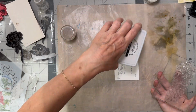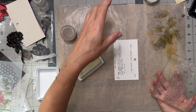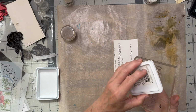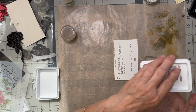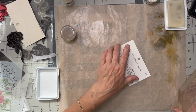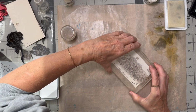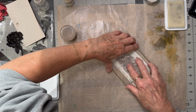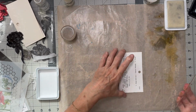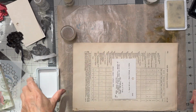So I've got this old Ranger clear embossing ink pad which dried out, and then I added some of this dauber to it, and now I've made it too wet, so I'm not sure. I don't want to put too much on because you'll lose the details if it's too wet. Do I want it that way or that way? I'm going to go that way, and hope for the best. Put that aside. And then I'm going to sprinkle my